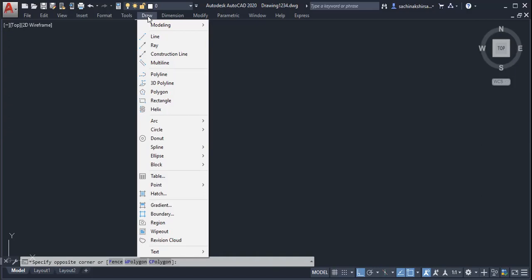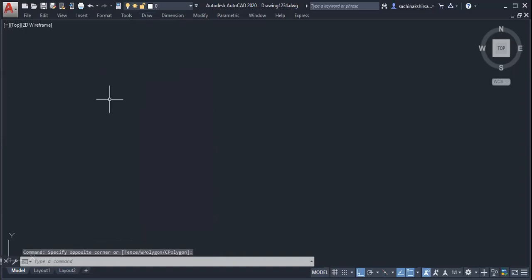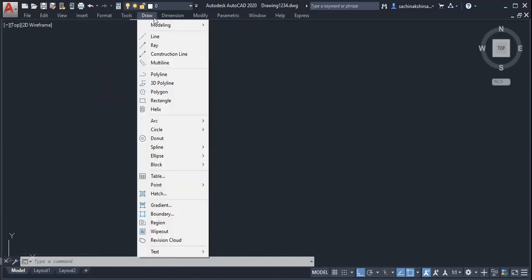Maybe circle, arc. Take the example of circle, arc, and many more things. Beginning with line, polyline, circle, arc, and polygon. What are the different types of polygon? Is a pentagon a polygon? Yes, sir. A hexagon is also a polygon. Something like a rectangle, can we draw a rectangle? Yes, sir. Can we draw an array?